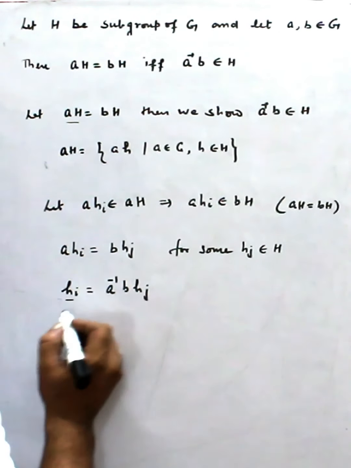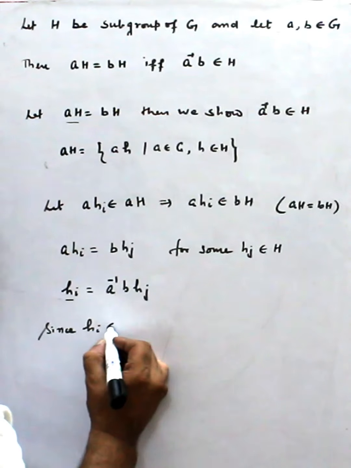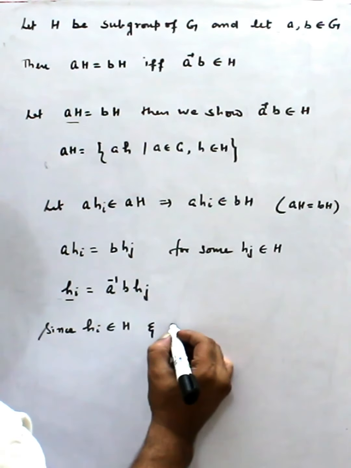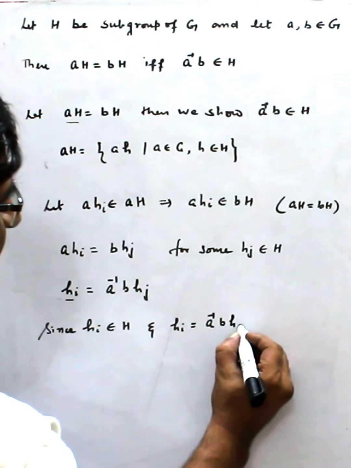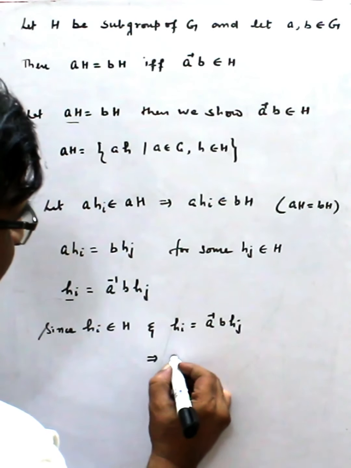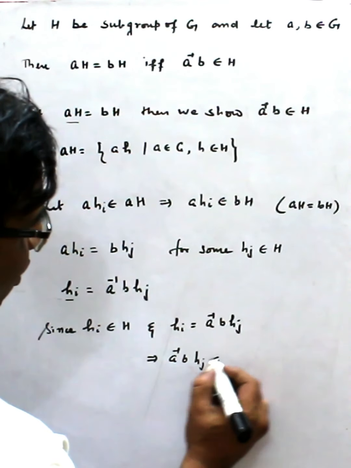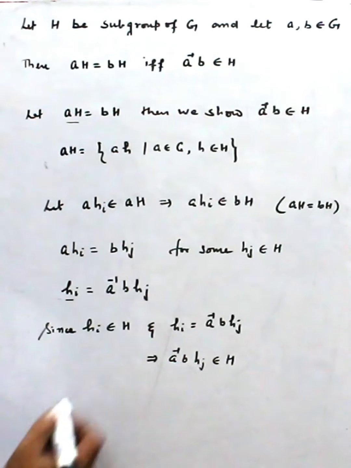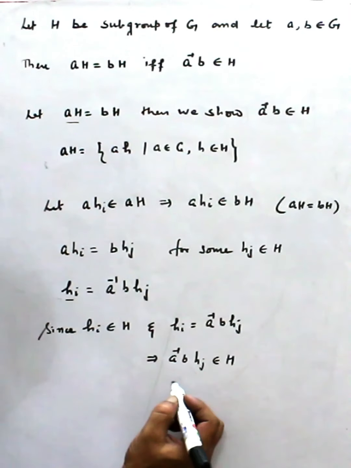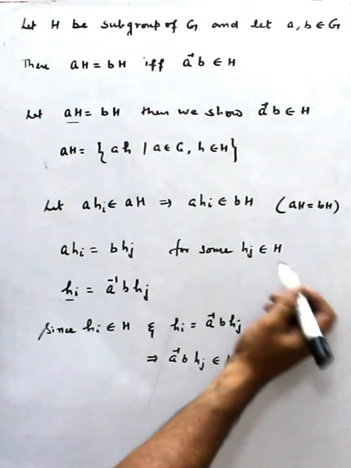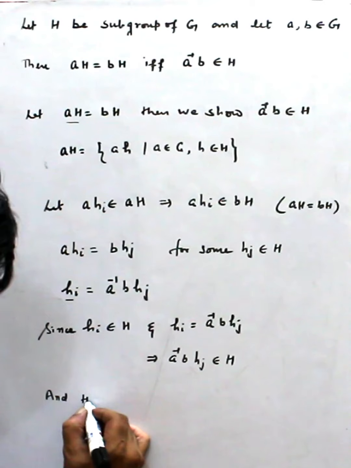That means we can say, since h_i belongs to H and h_i is equal to a inverse b h_j, this implies a inverse b h_j belongs to H. If this belongs to H and this is equal to this, so this is also in H. Now as h_j belongs to H, so h_j inverse exists,